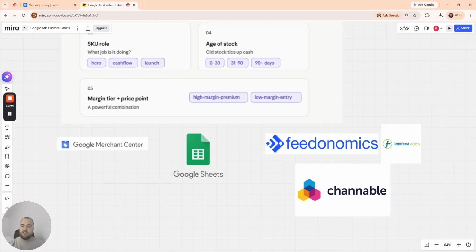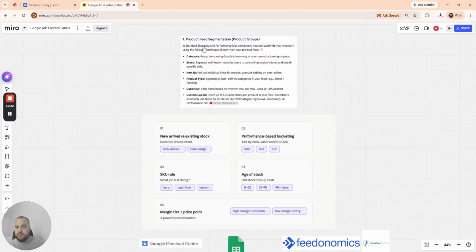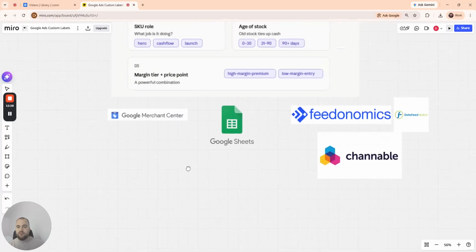The trade-off here is obviously Google Sheets for supplemental feeds is free. These tools will cost you several thousand every single year. It could be over 20,000 quite easily, depending on the service level you get and the size of your catalog. But this is the approach in total, guys. What is a custom label? Why should we use it over the standard segmentation types, five examples, and then how do we actually use these custom labels and push them